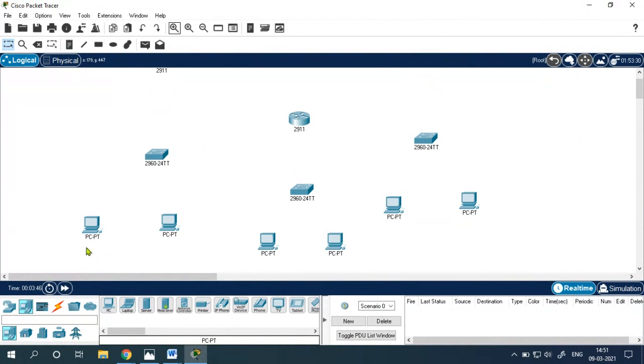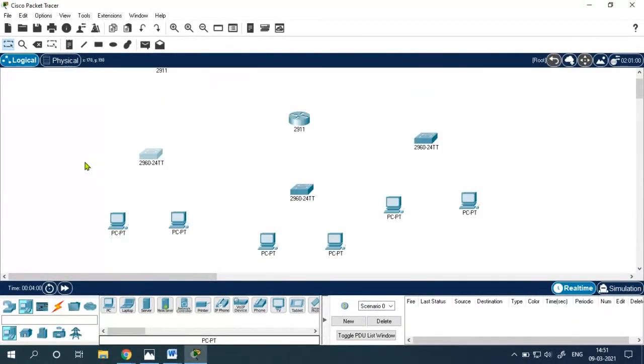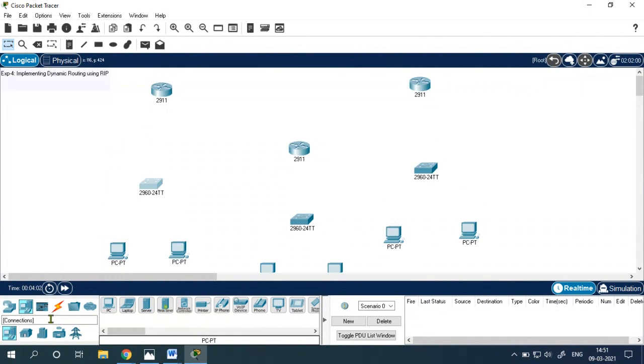Let's do it quickly. Now I don't need to explain which cable will be required for connecting our PC to the switch. You already know that by now. So let's hook up all these devices. Let me select copper straight-through cable.